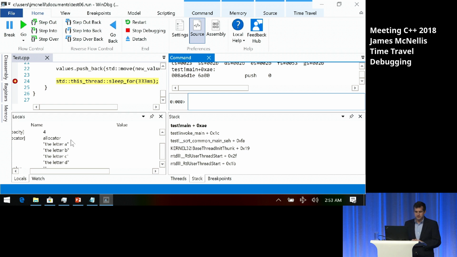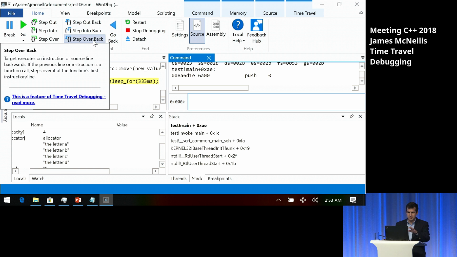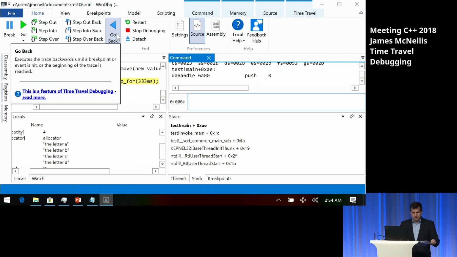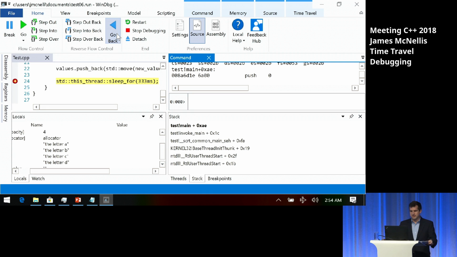So we've shown that we can replay forwards, but this is a reverse debugging tool. And so we can also replay backwards. Next to the normal flow control buttons here, like go and step into and step over, we also have these reverse flow control buttons. So we can go back or step into backward or step over backward. And there are these nice little tooltips with links to the documentation to help you navigate around these new features. So for example, if I click go back once, we're going to hit our breakpoint again,